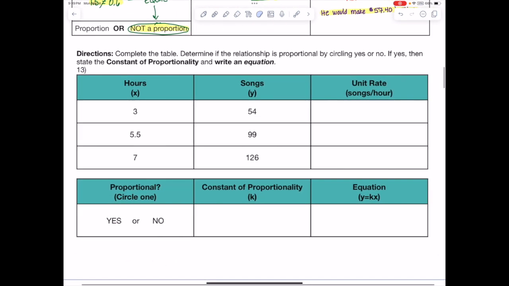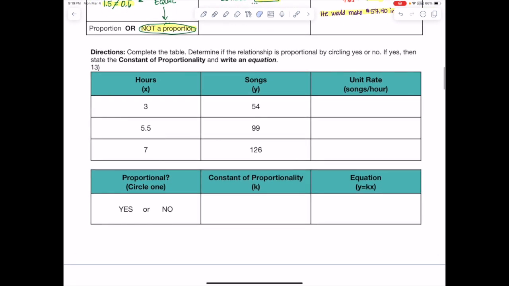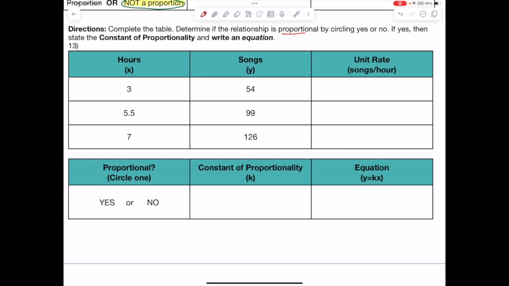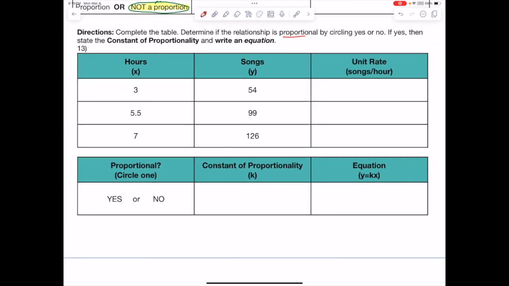All right, let's go ahead and take a look at this next section. This says complete the table and determine if the relationship is proportional by circling yes or no. If yes, then state the constant of proportionality and write an equation. Okay, so we have hours and songs, and we're calculating the unit